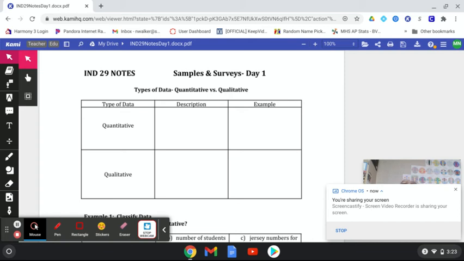So I hope that you guys have the paper copy. And if you don't have the paper copy, it's totally okay. You can follow along and just write this down on your own notebook paper. That's totally fine. So we are working with samples and surveys because I will tell you in Algebra 2, and